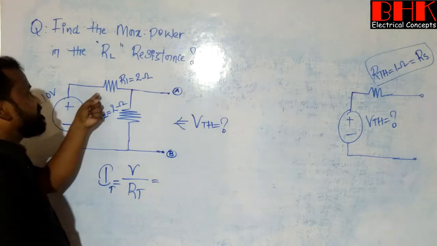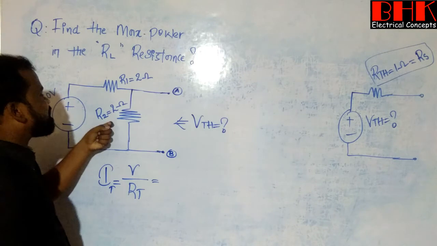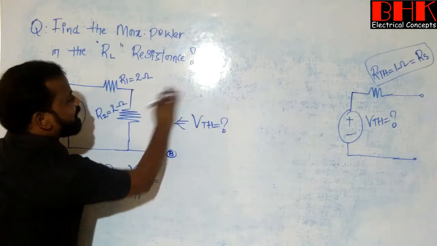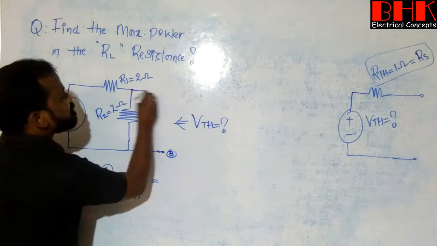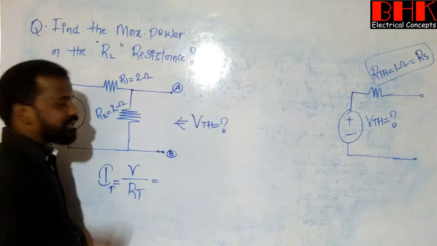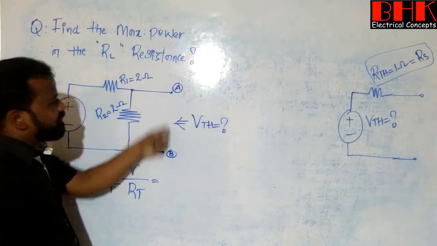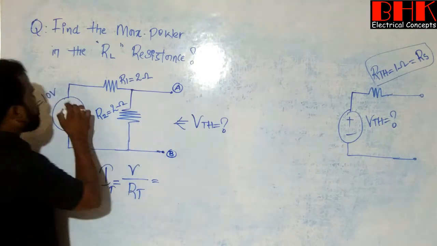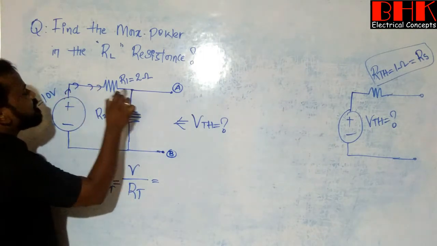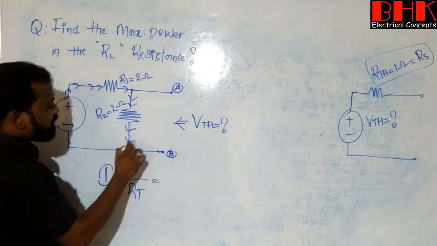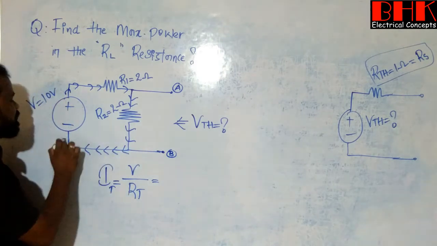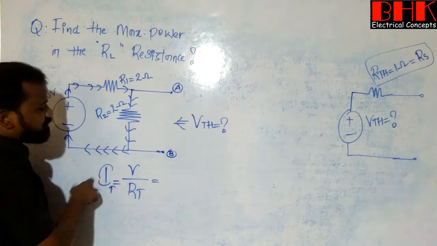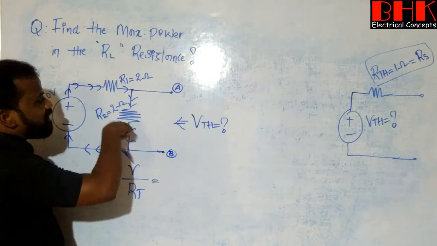And RT, total resistance. Just see here, we have two resistances, and these two resistors are connected in series. Yes, how is it? This complete part is open. It means there is no chance to flow current through this particular branch. It means whatever the current coming from this particular source, that is the total current flowing through what? This R2. If I know the value of total current from this circuit, then it is very simple to calculate the value of voltage drop.